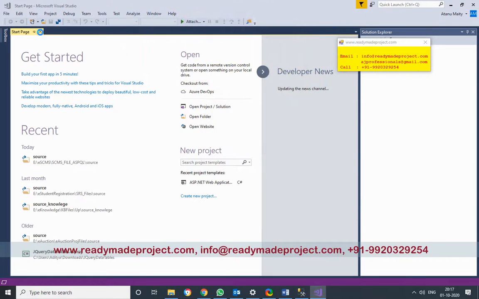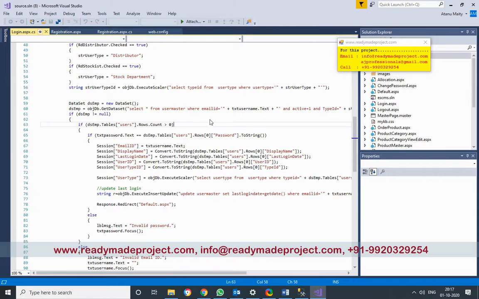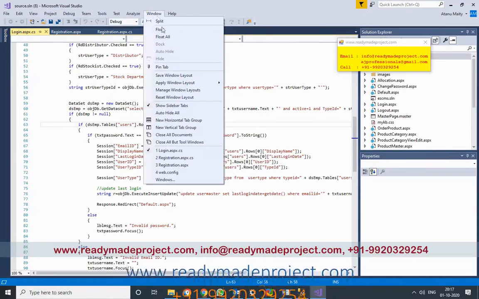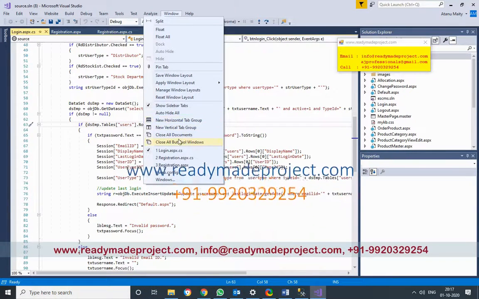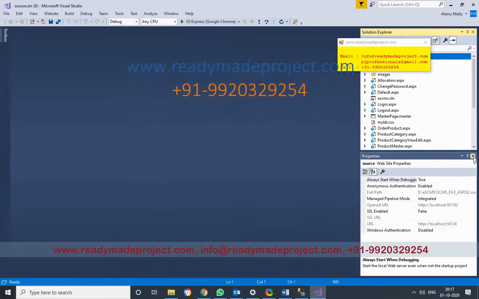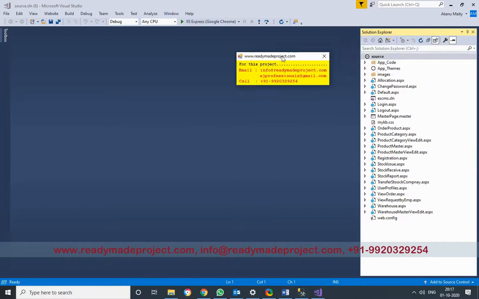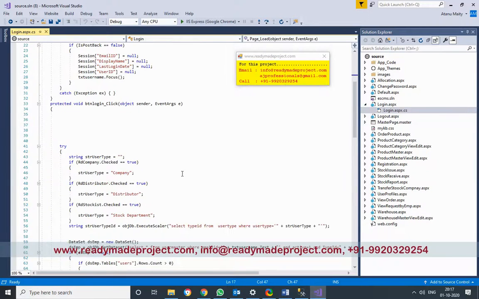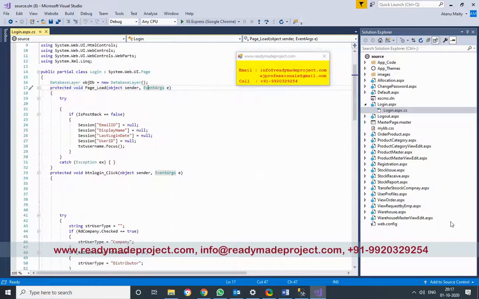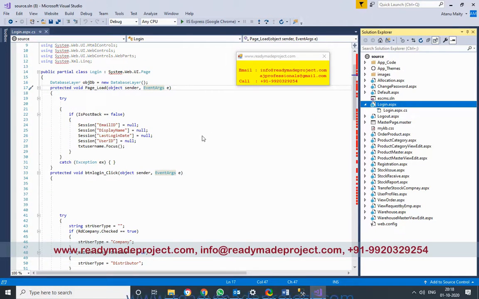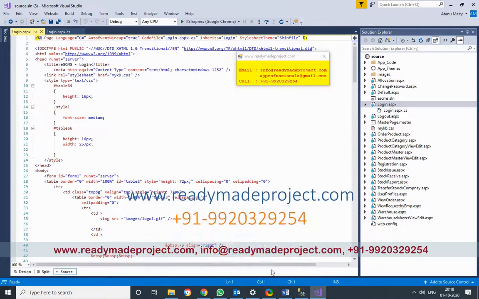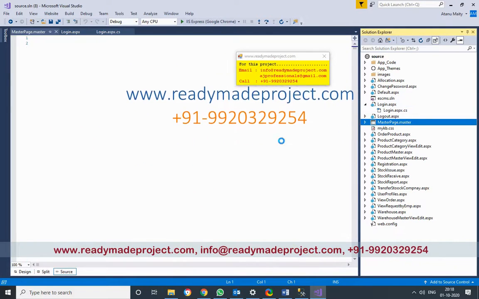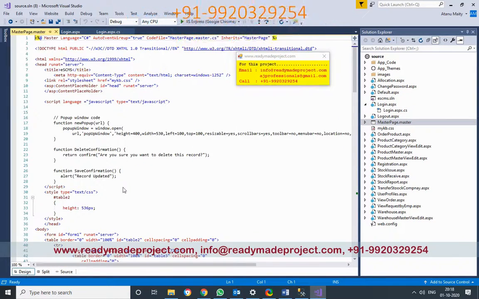So the project will open. You need to configure the database connection string here. Close all that. Open files. So these are all the project files. All the source code, everything is written here. You can go and check it, and you can change it if you want. Now the design also you can view. If you want to change the design, you can change it in the master page, so it will impact all the pages used.